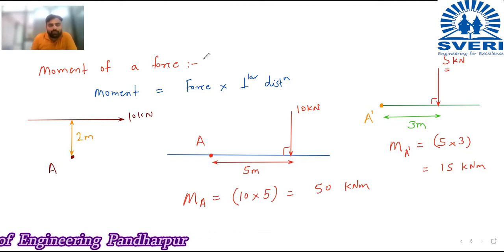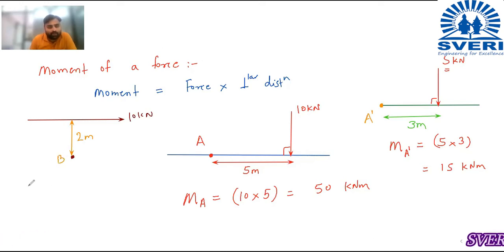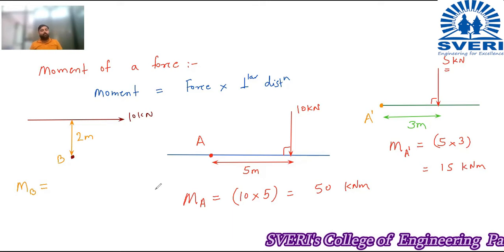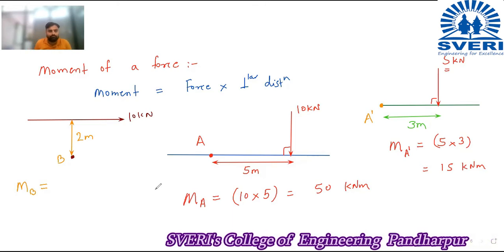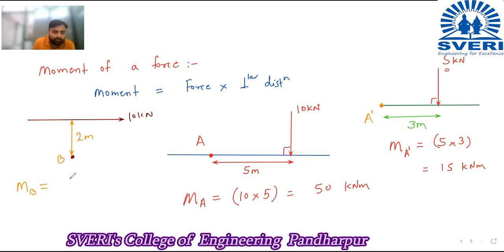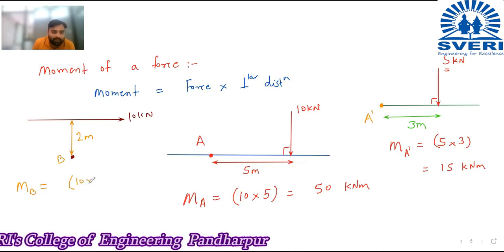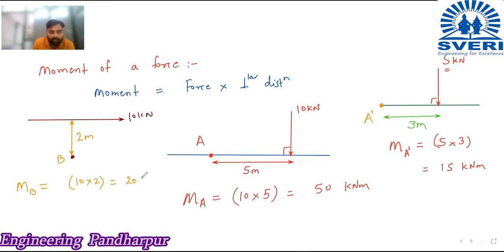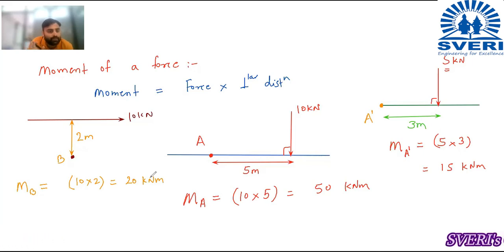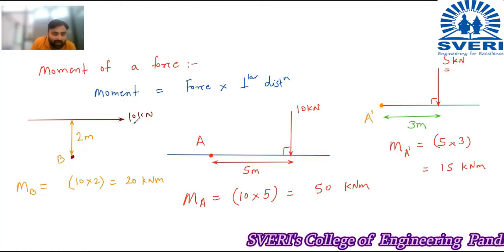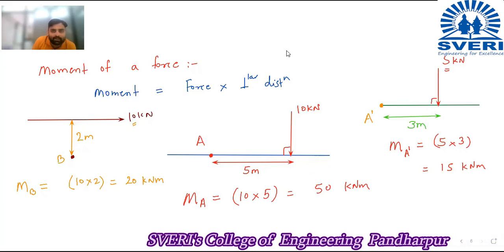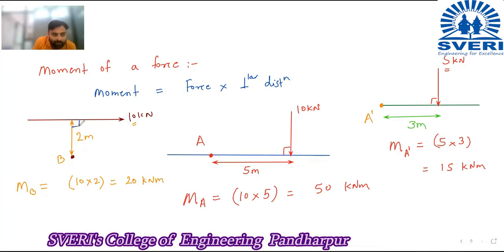Now I want to find out, instead of point A, now I will give another name. I will say this is point B. So now I want to calculate the moment at point B of this force. What will be the moment? 20 kilonewton meter. So it will be 10 into 2, which is equal to 20 kilonewton meter. Plus minus ते नंतर बघू आपण, आधी मोमेंट काढायला शिका perfectly. So 10 into 2, 20. Correct? So what have you done? You have taken the magnitude of the force and you have seen the perpendicular distance. Now in this case, this is the perpendicular distance.